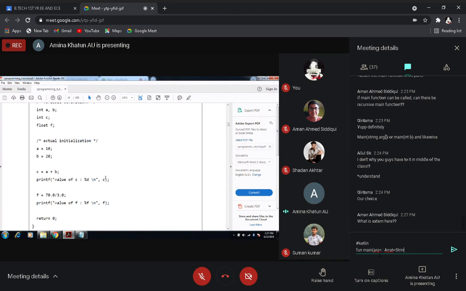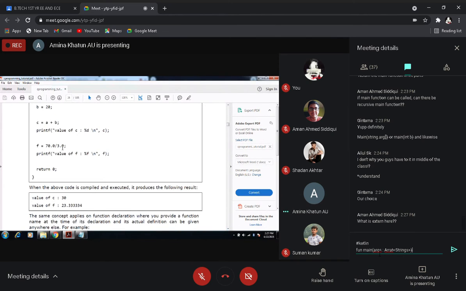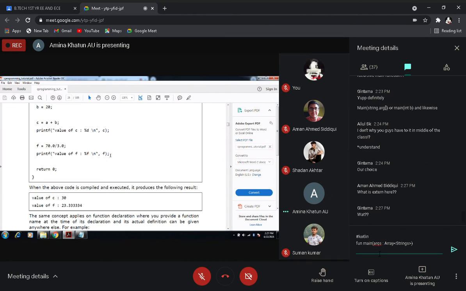And now with the printf function we want to display the value of c. If it has a decimal point, that means it is a floating number, we want to print that number, so the printf function will produce that value with f.